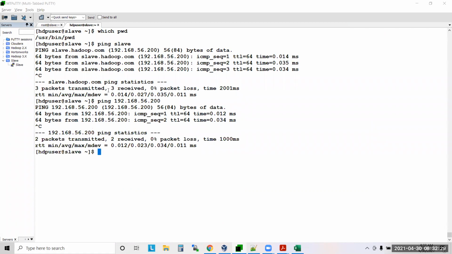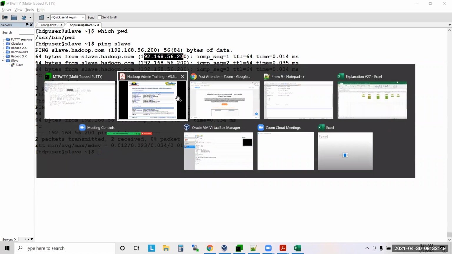With ping, you can give either the host name or the IP address. Even if you give a host name, at the end of the day it finds the IP address of that machine from the /etc/hosts file or from a DNS server, and it pings that IP address only. Got it? That is ping.